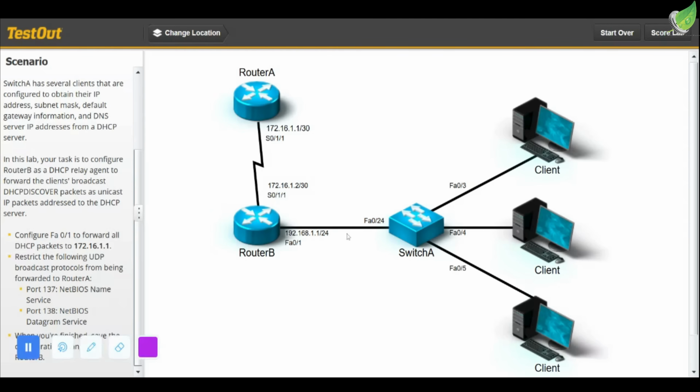So switch A has several clients that are configured to obtain their IP address, subnet mask, default gateway information and DNS server IP addresses from a DHCP server. So in this lab, your task is to configure router B as a DHCP relay agent to forward the client broadcast DHCP discover packet as a unicast IP packet addressed